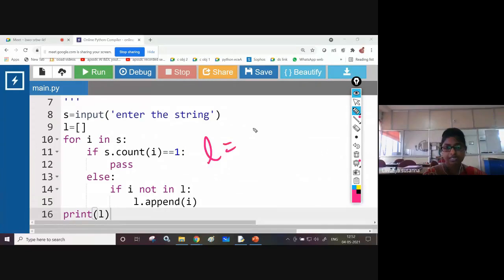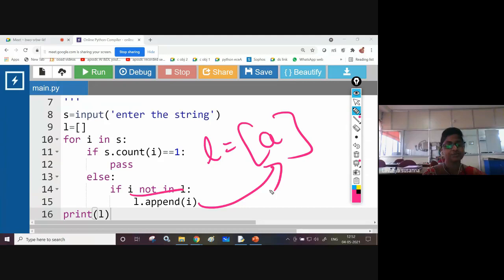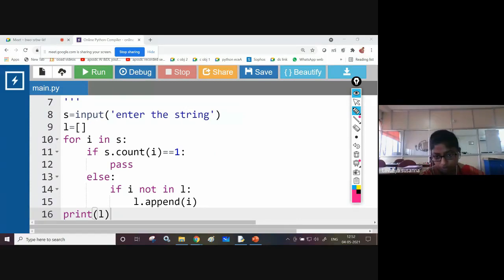See, L contains A. Once again, no need to append A. Already A is present in the list. A is repeating, right? In Lavanya, A is repeating. Already in the previous step, you added the repeated elements into the list. Again, A encountered: L, A, V, A, N, Y, A. Again, you no need to add into L. Repeated A, you no need to add in L. Already A is present. So in this way, you are going to do it.